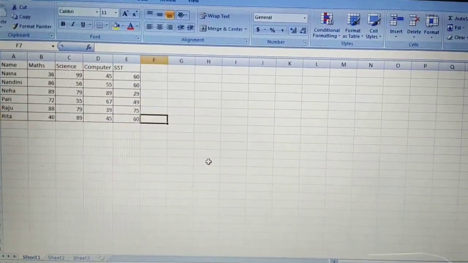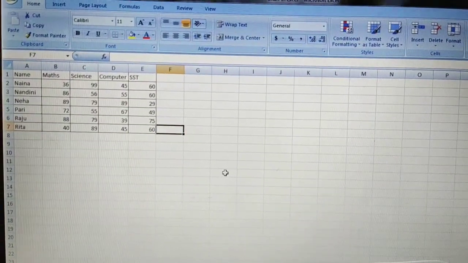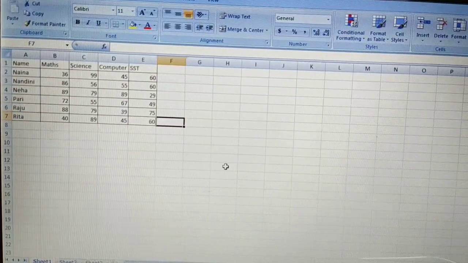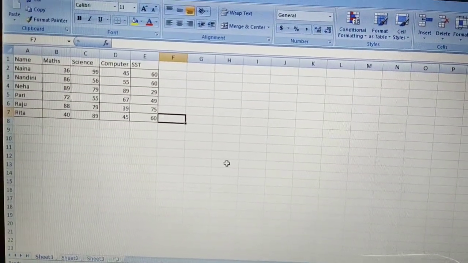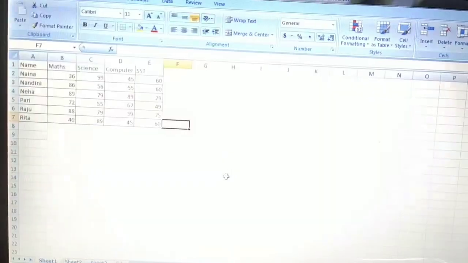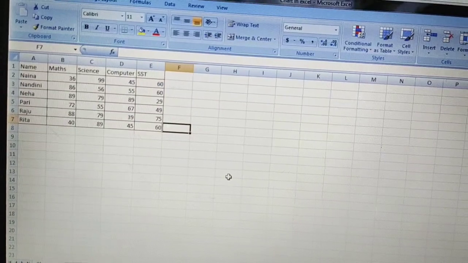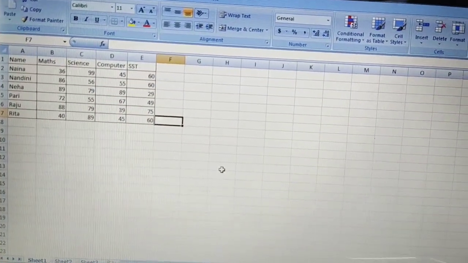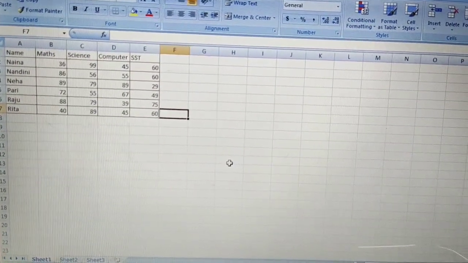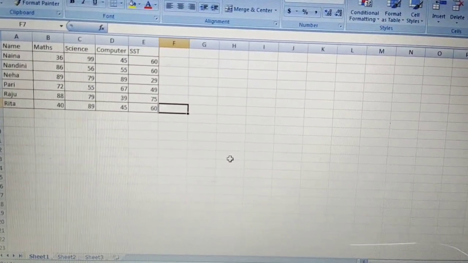Dear students, today I will show you how to create a chart in Excel, and before I proceed to the practical, I would like to say that I am using the 2007 version, and in your book the 2013 version is given. The chart is created in the 2013 version, so there are little changes between 2013 and 2007.